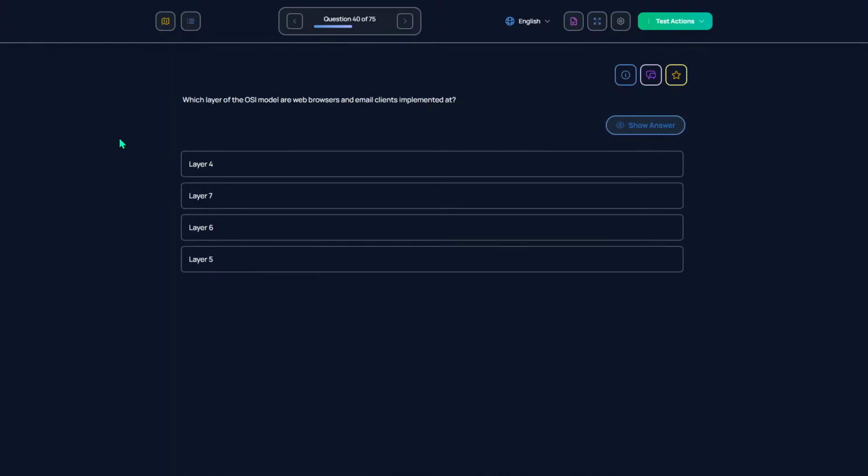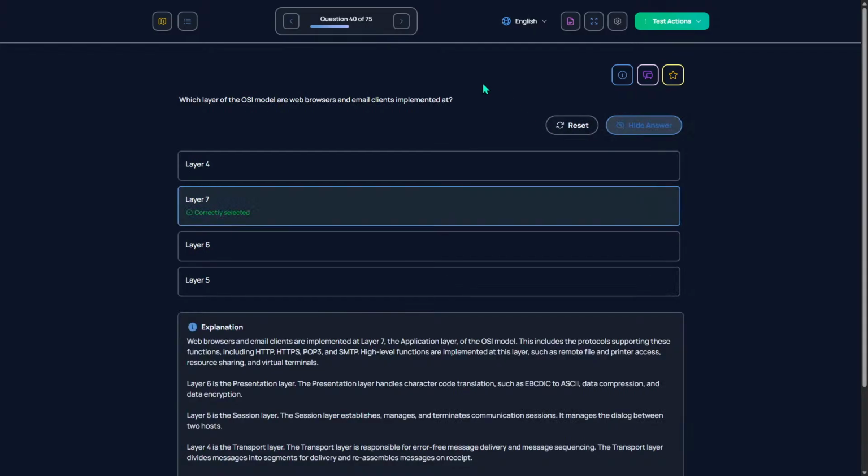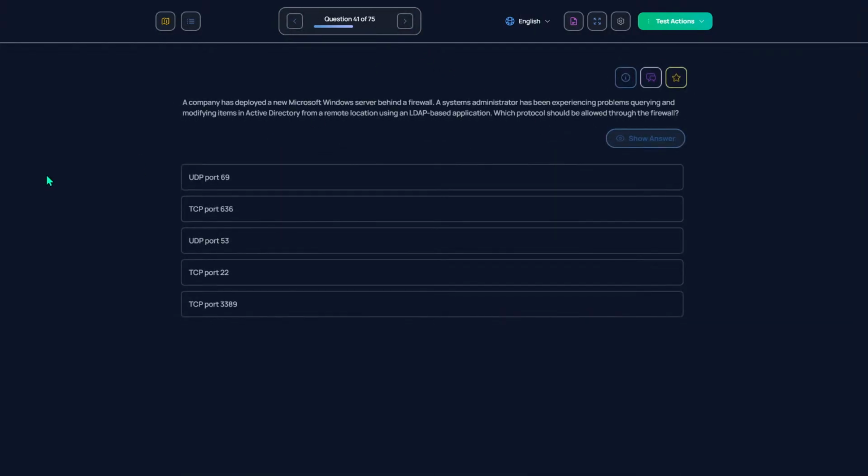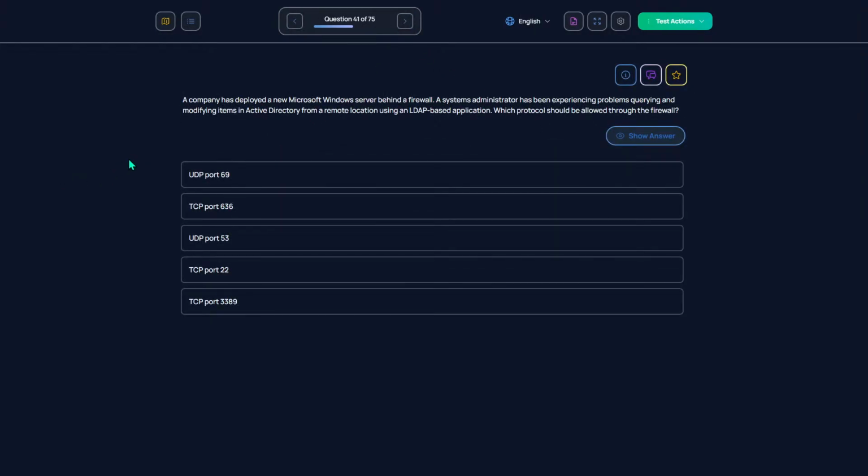Which layer of the OSI model are web browsers and email clients on? Is layer 7. The company has deployed a new Microsoft Windows server behind a firewall. A system admin has been experiencing problems querying and modifying items in an Active Directory from a remote location using an LDAP-based application.